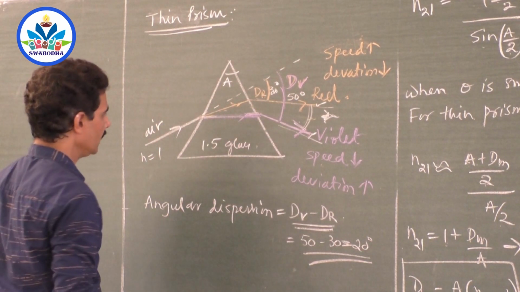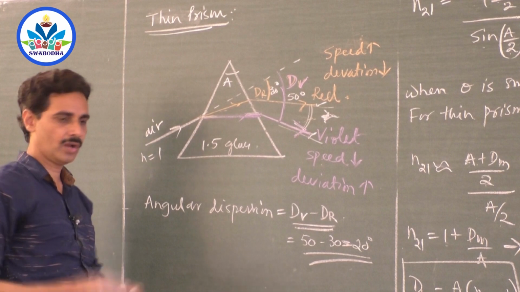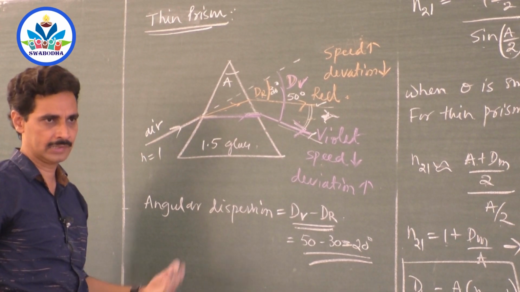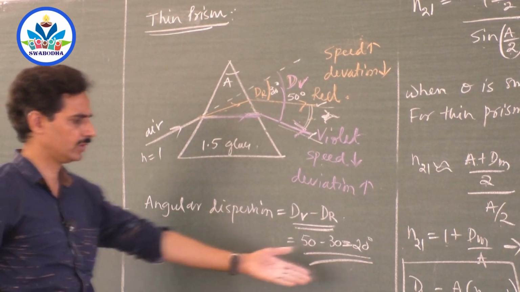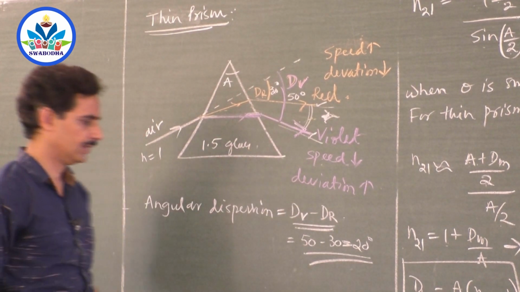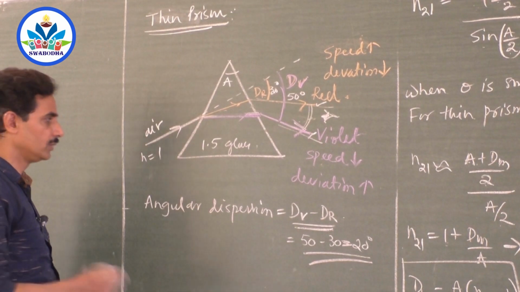Now, regarding refractive index, these are all knowledge-based explanations, and you need not write it in the exam, and it will not be asked. That is not in the examination also. You will have only the derivation of thin prism, deviation for thin prism. But you must know this.